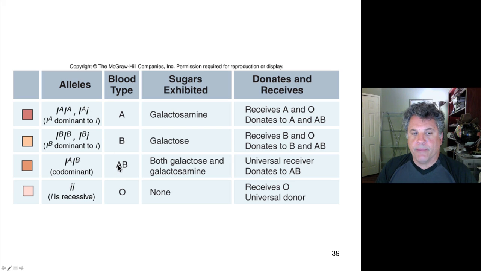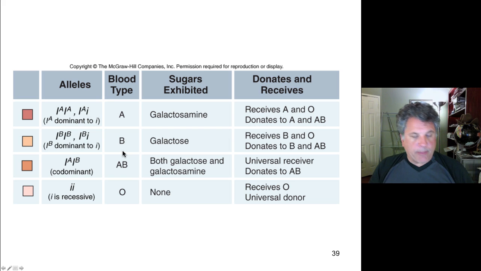You have AB. And if you're blood type O, you're not making either A or B blood type proteins. And so you can only receive O blood. If you receive A blood, you are going to be making antibodies against A. If you receive B blood, you'll be making antibodies against B, and you'll recognize that as foreign, and that will be bad for transfusion. O individuals, however, can be universal donors because they don't contain any blood type proteins that would be recognized by any of the other blood types.